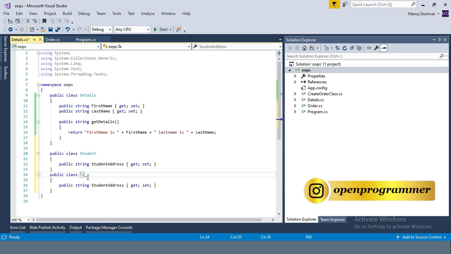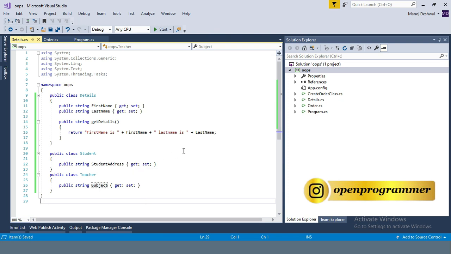Let me give it a name like Teacher, and let's say a property Subject. So till now I have created three classes. One is Details, which is having two properties and a function, another one is Student, which is having a property StudentAddress, and last one is Teacher, which is having a property like Subject.